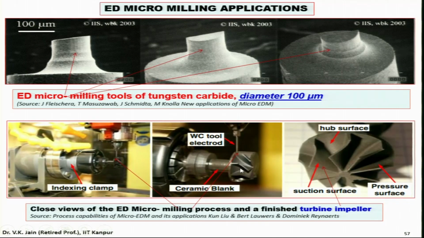You can clearly see this is the turbine impeller which is being machined over here in the micron sizes, and this is the hub surface which has been milled, and this is the suction surface. This is one blade suction surface, this is the hub surface, and this is the pressure surface. They are being milled by electric discharge micro milling operations. So you can see you can perform micro milling on very hard material and for very important components like turbine